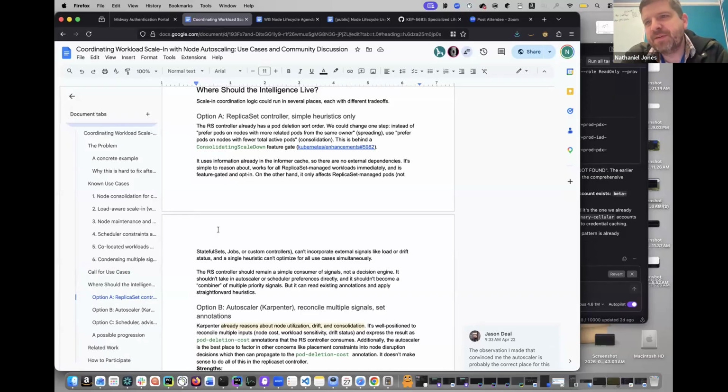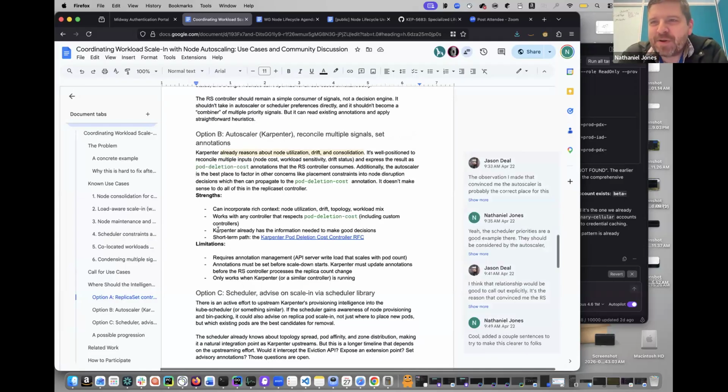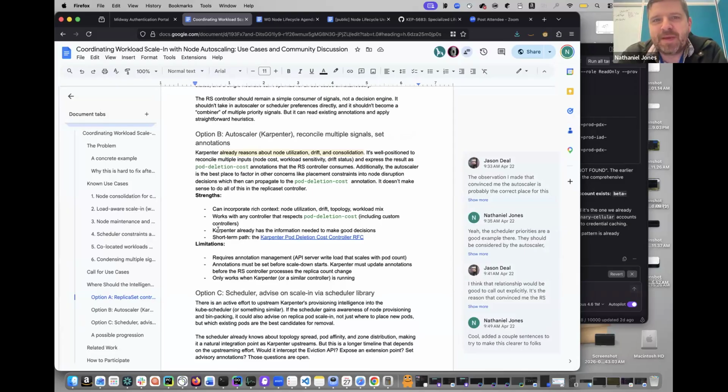And that would be like the simplest thing you could do. It doesn't really change much, and it still wouldn't support scheduling goals or a lot of things, but it's something you could do. There's an option B, which I'm actively pursuing with Carpenter and SIG Autoscaling, which is just to make use of the deletion cost beta to allow Carpenter to talk with the replica set